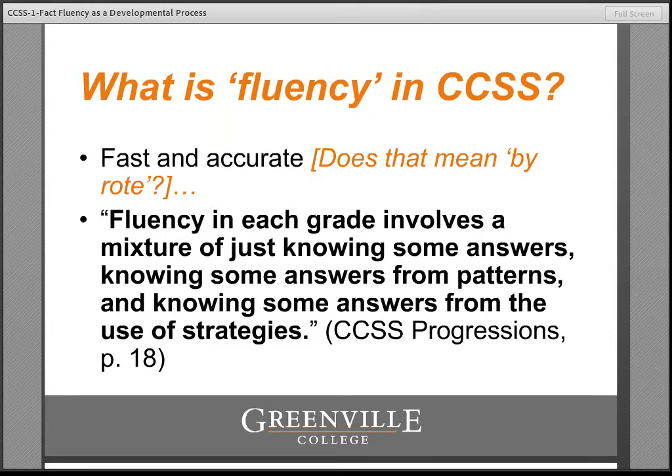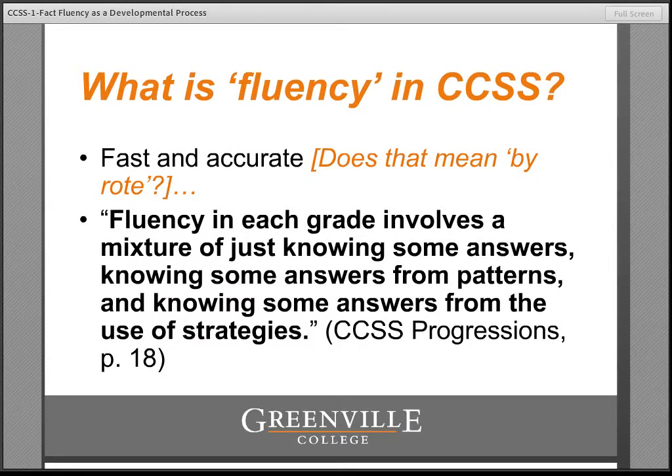Not surprisingly, the Common Core authors use the expression fast and accurate to describe the fluency expectations in the Common Core. That definition is a pretty widespread interpretation of the term fluent, but it's still necessary to explore further. Often, fluency has been interpreted as being the result of rote memory. So what do the Common Core authors have to say about that? And what research are they using to justify their stance? I think with some deeper exploration, you'll find that the Common Core documents do not support rote memory as being